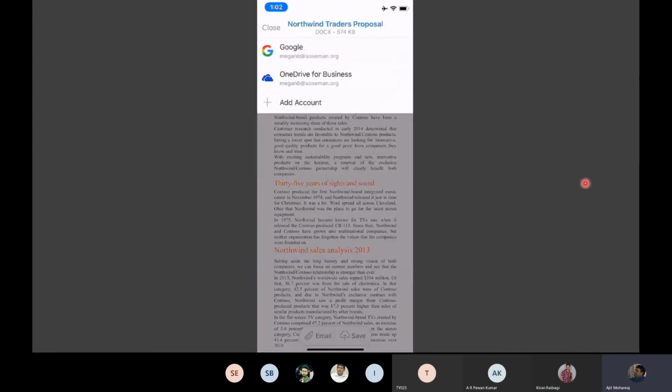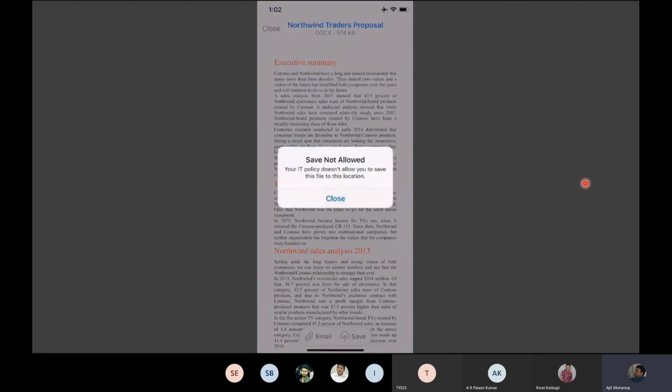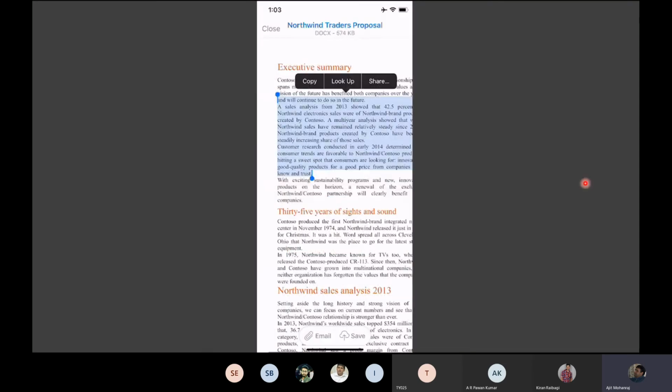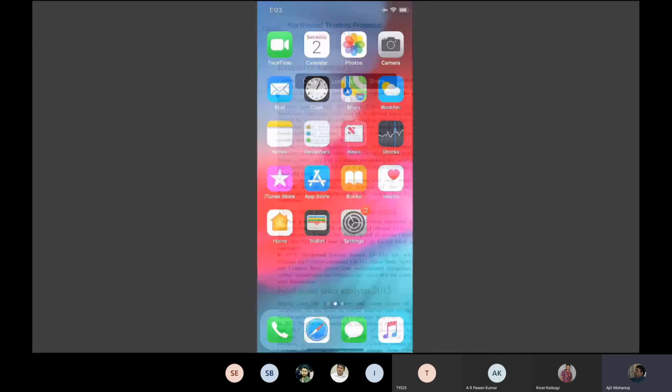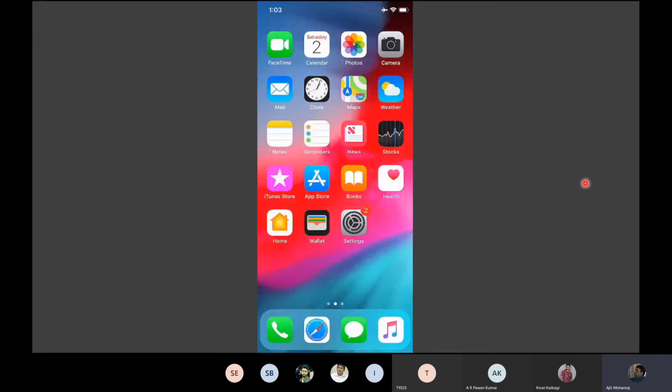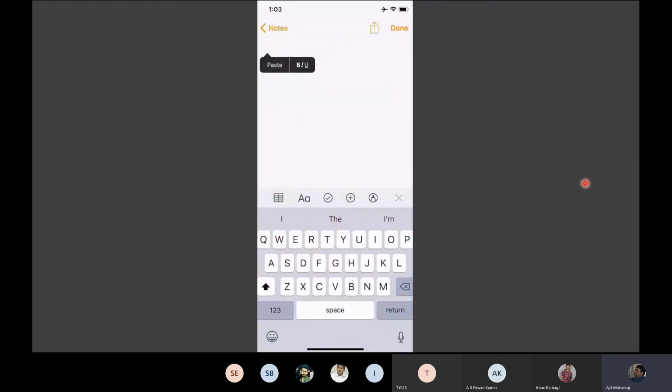Okay, right. And so what happens is that I try to copy and paste it a little bit, and you see there's an option at the bottom. You can either email or save. There's no share button. And even in the save, it's only saving to a cloud, it can't save to the local device. So if Megan tries to save it to the local device, it's going to say that's not possible. So then she decides to cut and paste it, tries to open a notepad on her own Apple phone, and then attempts to paste. And it's going to stop there as well.